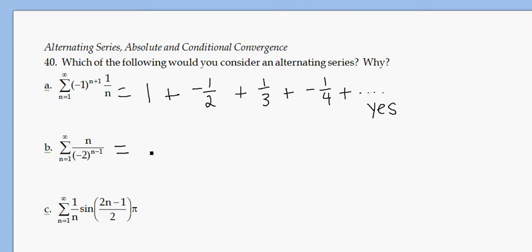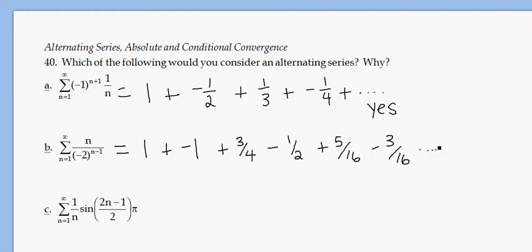If we set n equal to 1, we get 1. If we plug in n to be 2, we get actually a negative 1. And then it's going to alternate to 3/4, and then a negative 1/2, positive 5/16, a negative 3/16, etc. So again, we would classify this as an alternating series since the sign changes from positive to negative to positive to negative. If in any of these examples I'm going too fast, feel free to pause the video and double check